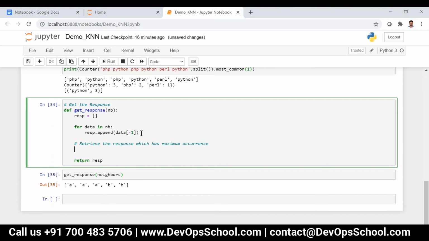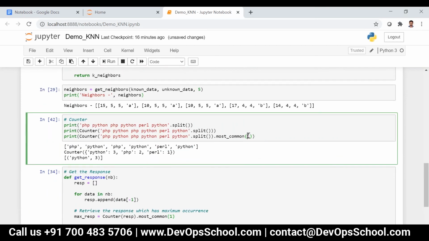So I can say max_response is equal to Counter of response dot most_common of 1.